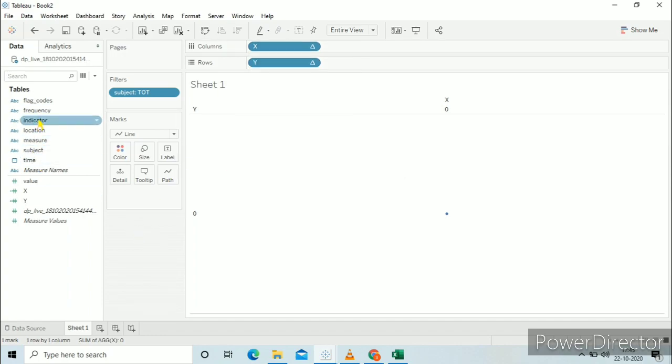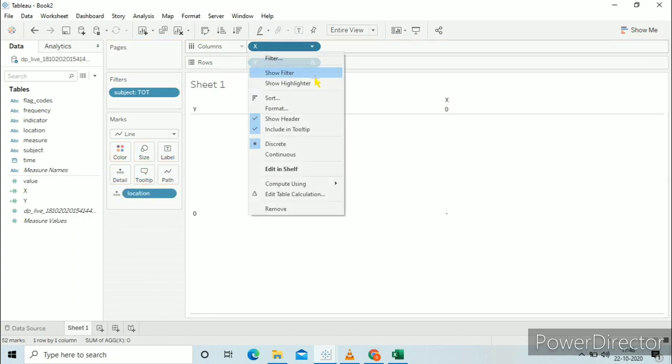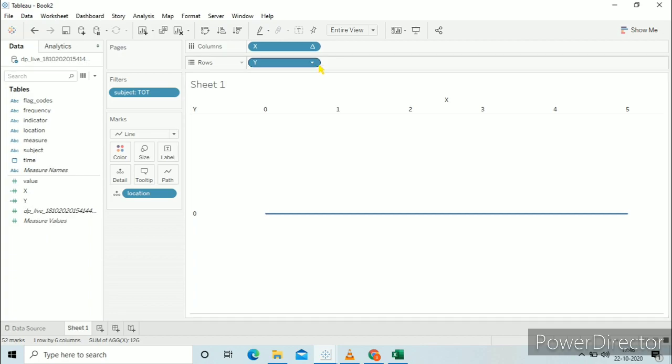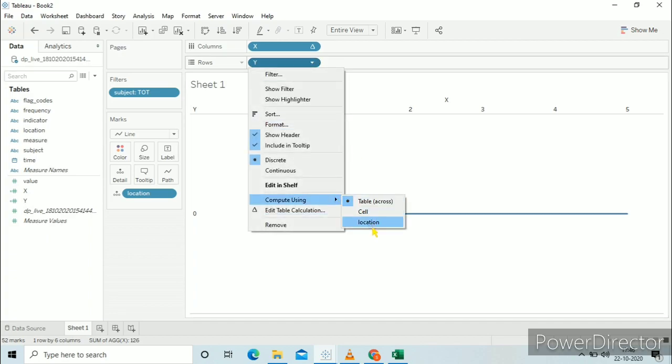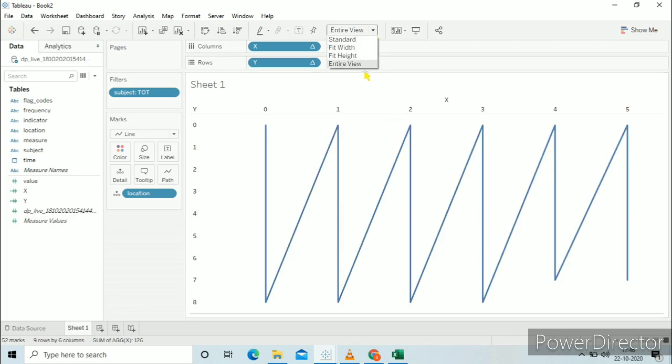Now drag location to the details. In X, go to compute using and select location. Similar for Y. Select the view as entire view.